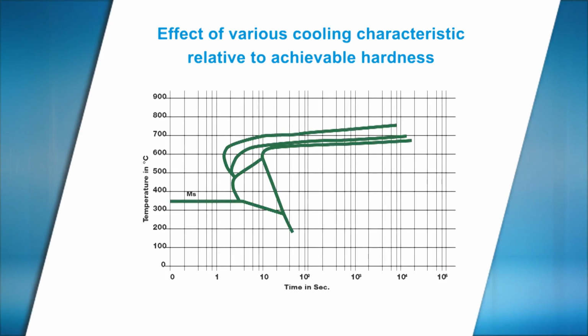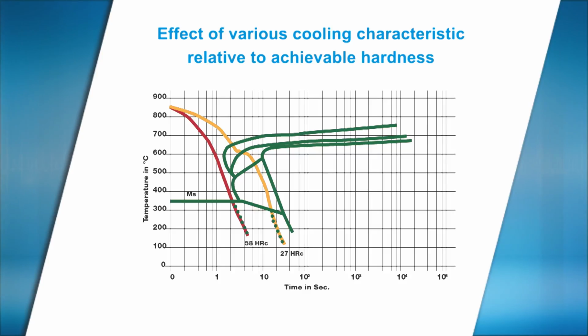The green lines show the typical time-temperature transformation diagram of a plain carbon steel grade. The cooling speed curves of two different quenching oils are shown in red and yellow. The red line shows quenching oil having a short vapor phase, and the yellow line indicates the quenching oil having longer vapor phase. A short vapor blanket phase is necessary when quenching low alloy or plain carbon steels, as only